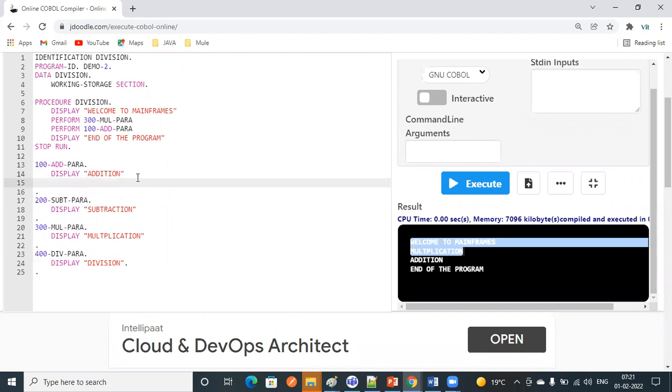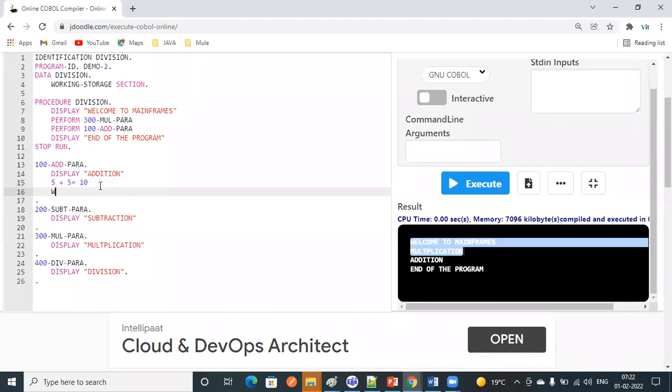What is addition over here? How will we do addition? 5 plus 5 equal to 10. It's a normal mathematical way. For this one, we need to implement the logic. So you need to take 3 variables. One is to store 2 inputs, and another one is to store the resultant output.